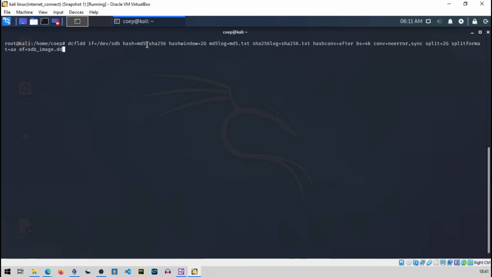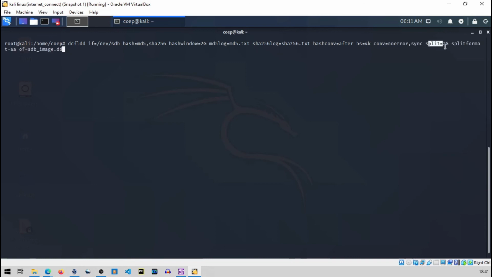You can just give a comma between the names of the hashing algorithms. Hash window is 2G, I will explain that also, then the MD5 log, where you want to store the MD5 hash, same for the SHA hash, then hashconv, and here block size is 4K. Hashconv equals after means after executing the whole command completely, it will calculate the hash. And the rest you already know from the previous commands.